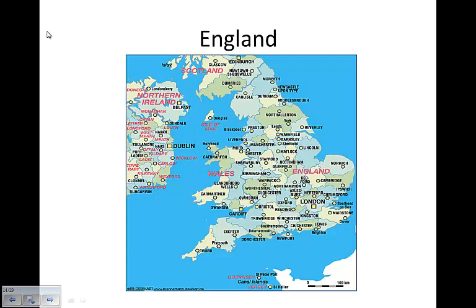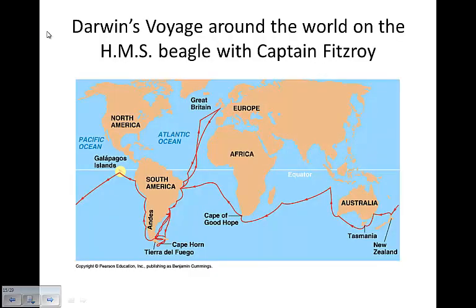Darwin attended the University of Edinburgh at the age of 16 to become a doctor, just like his father and his grandfather. So he's kind of smart, little bit of smartness there. All right, in December of 1831, so he's 22 years old, Darwin graduated college, and instead of entering the seminary, he decides to join Captain Robert Fitzroy on the HMS Beagle as the doctor and naturalist on the ship.